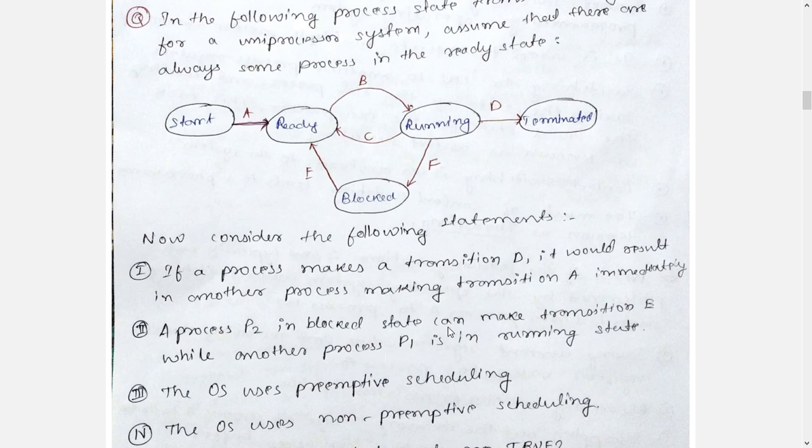Yes, this is true because when a process which was doing its IO operation has finished its IO and is moving to the ready state, there may be some process at the front of the ready queue which is assigned